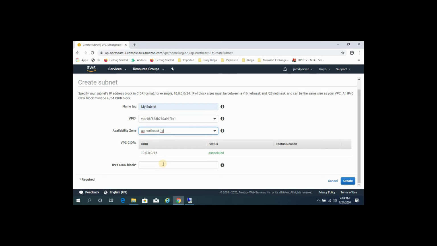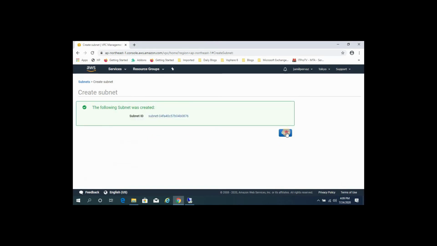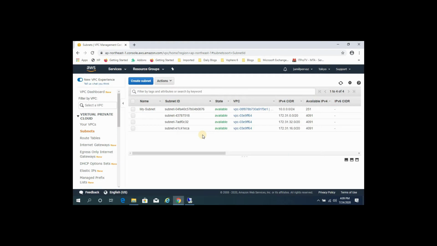For the IPv4 CIDR block, type 10.0.0.0/24. Click Create, then click Close. Now our subnet is created.